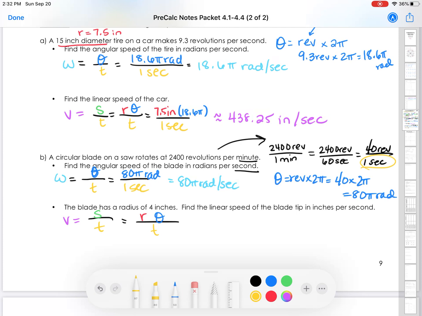They tell us that our radius is 4 inches. So this is going to be 4 inches times the angle that we just said was 80 pi, and we're going to divide by the time, which is 1 second. When we do that, that's going to be 320 pi, which is going to give us about 1,005 inches per